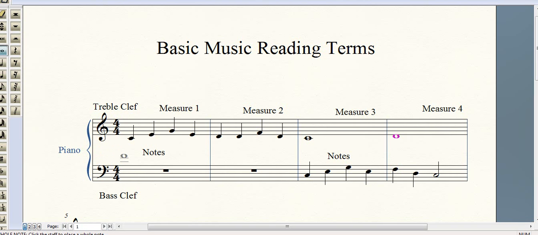Okay, this is the shortest assignment you're going to get. Most of our music reading assignments after this first lesson are going to be a little bit longer. So what I would do on this day is just kind of learn what we've learned here and then go back and maybe play some of your songs in the right hand, play your song in the left hand, and really get to know those 5 notes we've learned: the C, the D, the E, the F, and